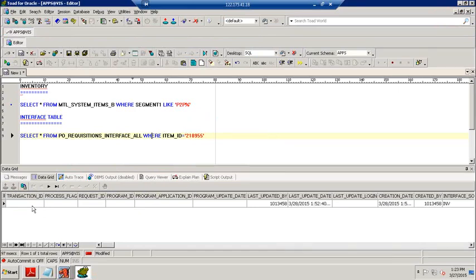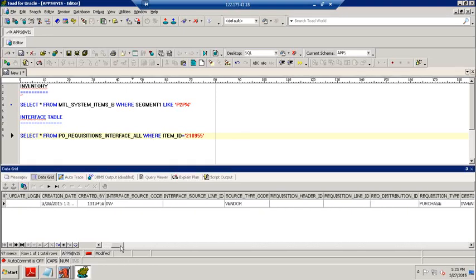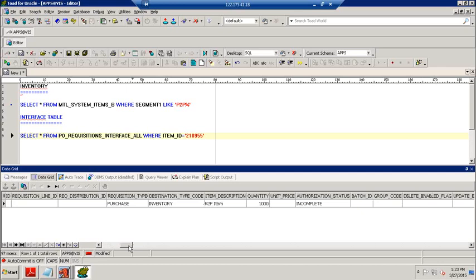Observe this one. The data is reflected, but the data is not processed. This data is not processed because it is still available in the interface table, meaning the mediator table. So this table clearly shows us what information is coming from our inventory. Everything will be there: the delivery location, item information, need-by date and GL date, everything comes automatically.